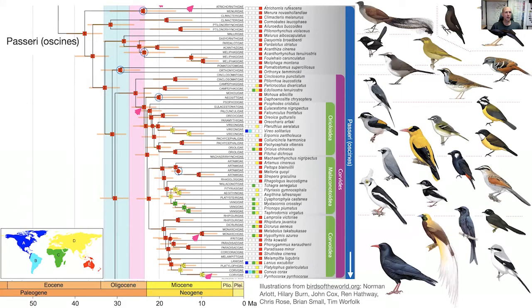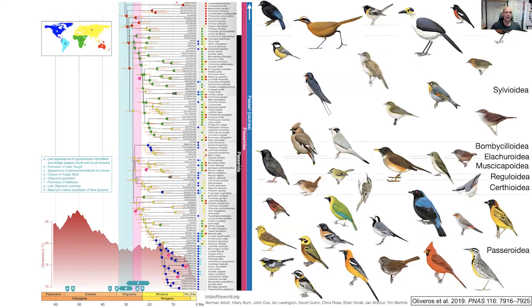We jump over to the oscine part of the tree, and as you can see by the colored charts here, it all started in Australia, in the Australian region, by the red boxes, and all of the early divergences, all of the early branches in this tree occur in the Australasian region. Then we had dispersals to various parts of the world within this large group here, the corvid radiation. And if we move up the tree into this group here, we have one major dispersal event into Eurasia, and